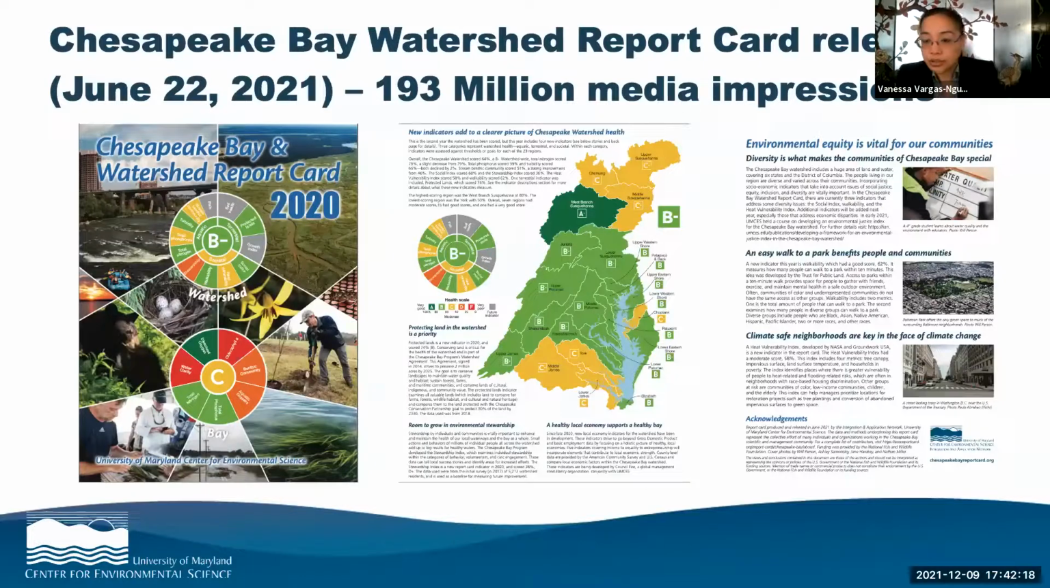Report cards can also generate media attention. For example, the Chesapeake Bay Watershed Report Card. So I am here in Maryland, we're part of the Chesapeake Bay Watershed, and our university has released the Chesapeake Bay Report Card every year since 2006. And every time it was able to generate a lot of media attention. So the most recent one we released in June generated 193 million media impressions